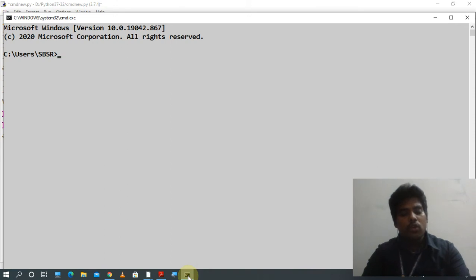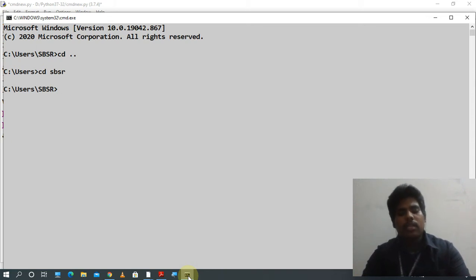If you want to come back from one folder to another folder, you can give cd .. Okay, from SBR it comes to user. If you want to go to another folder, you can give cd and the particular folder name. CD is nothing but change directory.